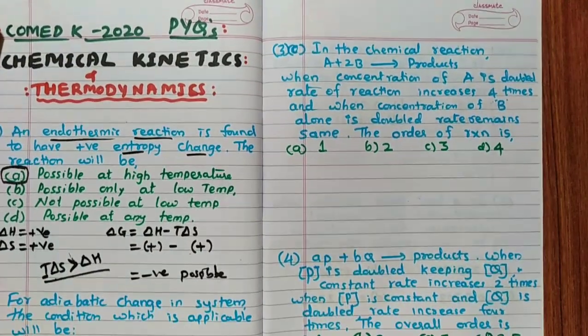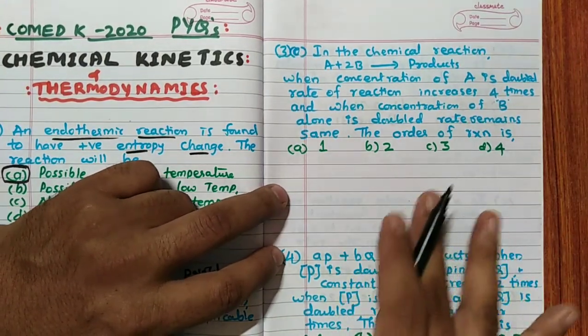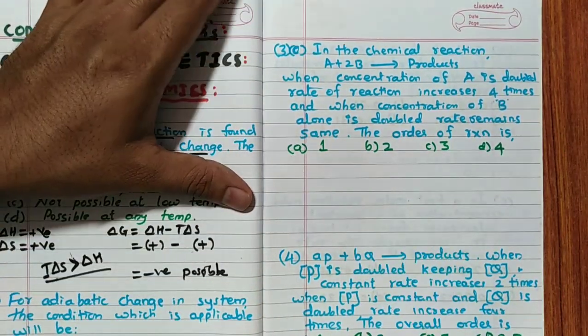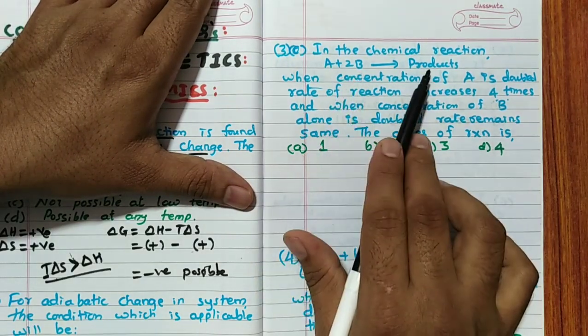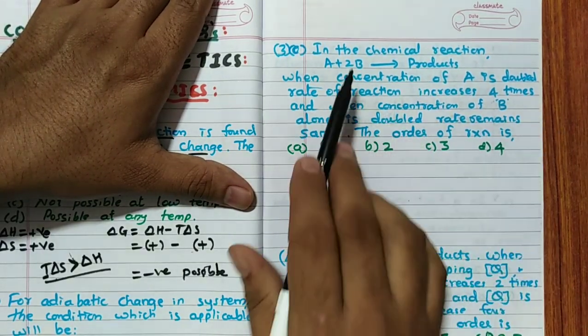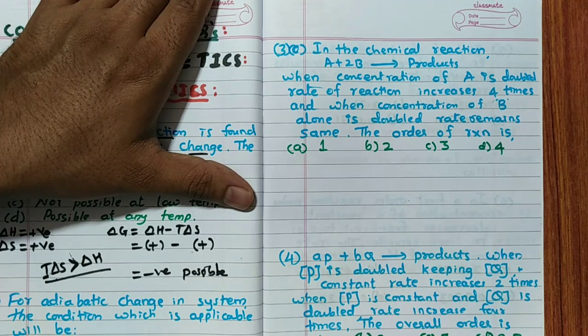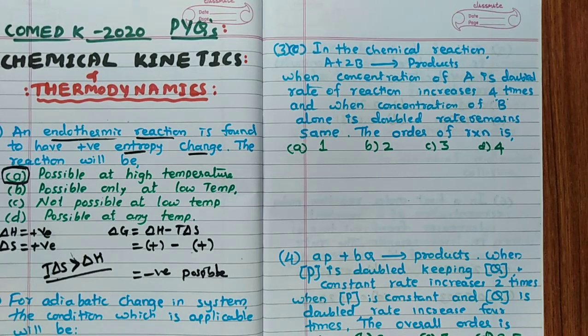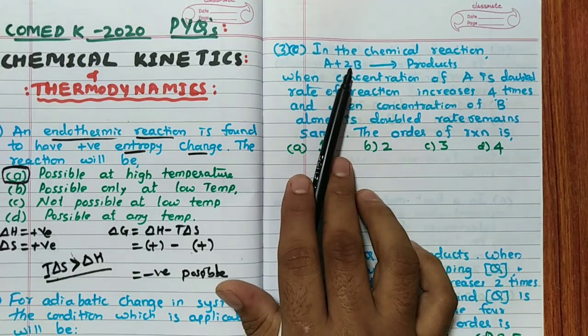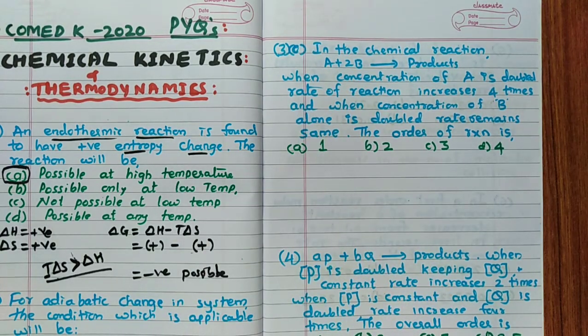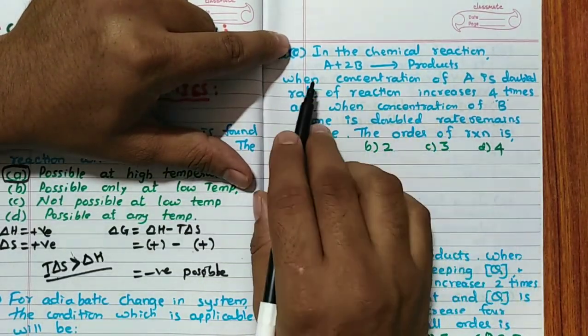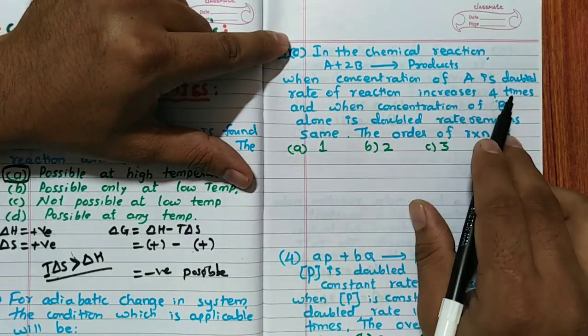Third one, a chemical kinetics question. Such questions are very important. Clearly understand how I am solving this, then you can also solve. A plus 2B gives rise to products. Don't worry about the 2B and 1A. This is a hypothetical reaction, and the coefficients do not give the order. We know that the order of the reaction depends on the experimental conditions, so it has to be found experimentally. Because of that, we cannot say the order is 2 for one and 1 for the other. That is a wrong concept. So in this case, first we will see the concentration of A. When the concentration of A is doubled, the rate of reaction increases 4 times.